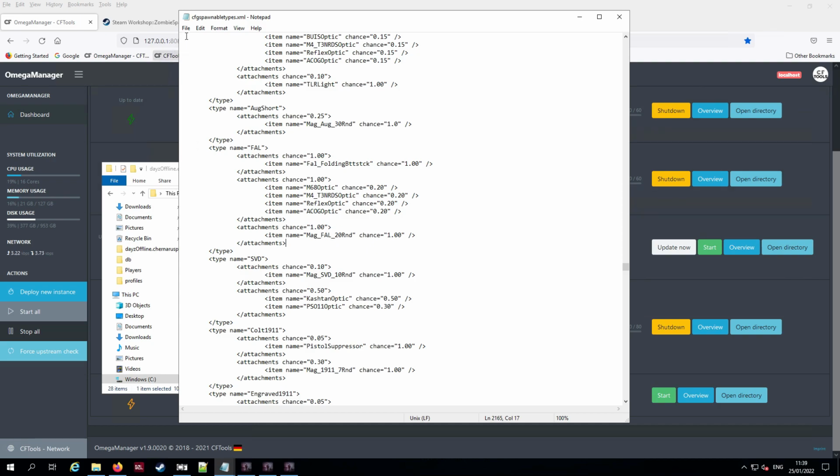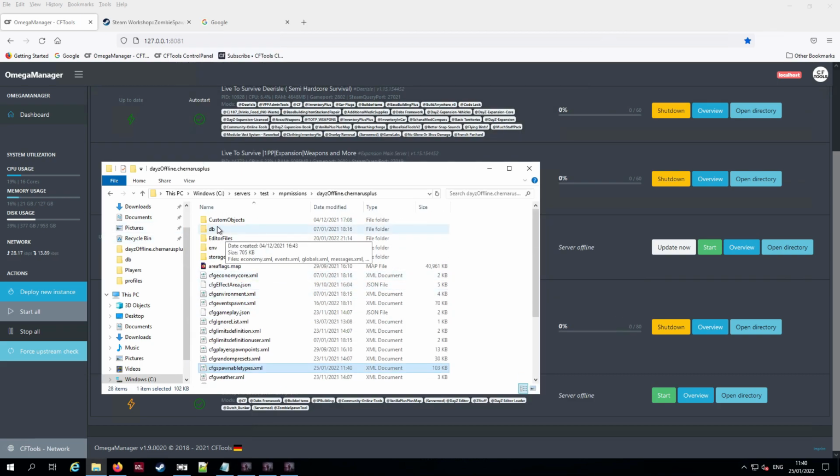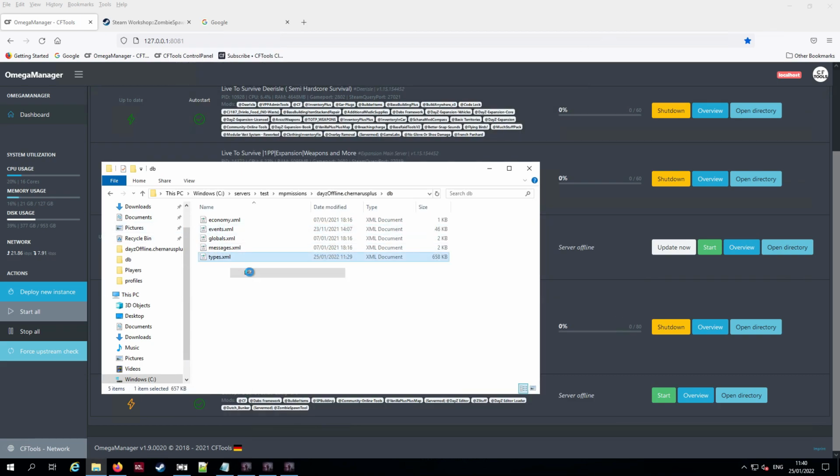So if we file save, not only have we made the fowl now going to spawn with all the attachments it needs, we've also sorted the damage state out on all items. And yeah, that's it. Now, there is another optional file that you can go in. I'm going to go into it because I want to do something so I can have a better chance of finding the items. But if you go to your types XML file, which is in your DB folder,